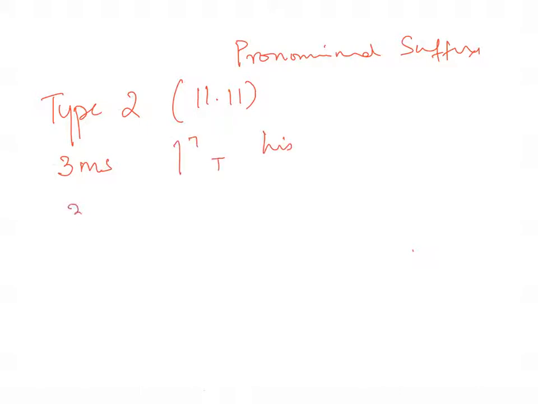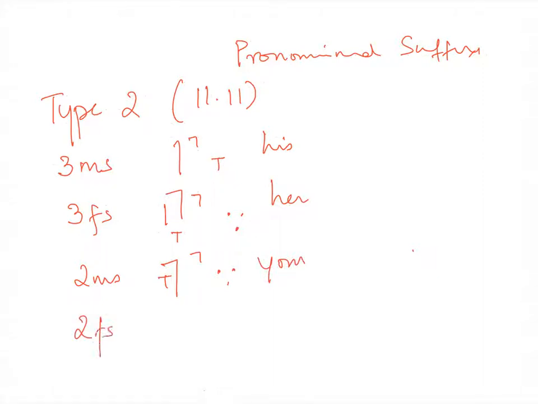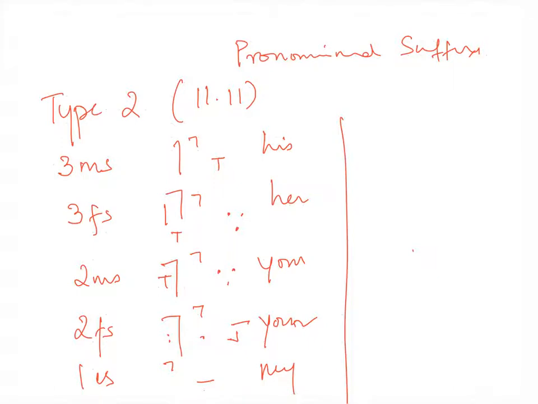his, 3FS is ha, her, 2MS is... the yod will always be there. Okay, again, the translation value will be the same depending on what is being attached to. All right. So what I'm trying to tell you is the form will look different. All right. The form, it can, so for example,